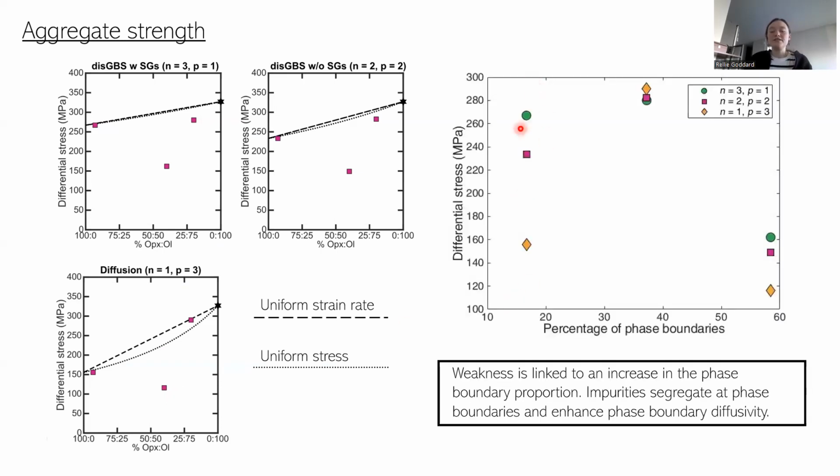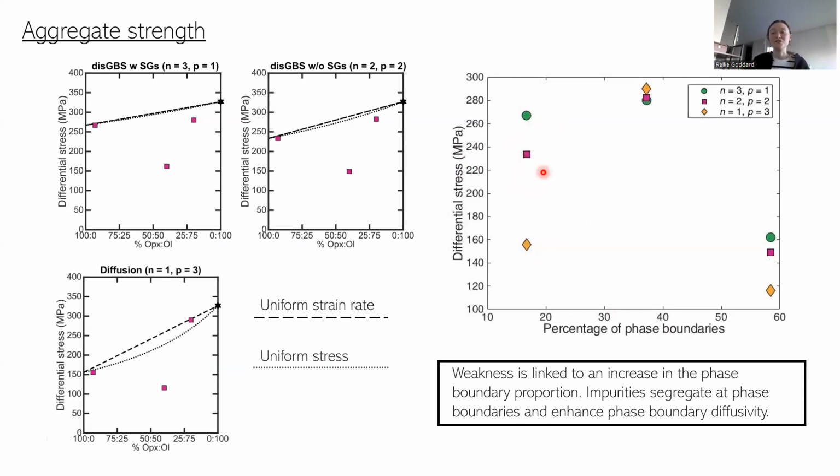And if you plot these data, there's this differential stress against the percentage of phase boundaries. So the one that doesn't have many phase boundaries is the 93% orthopyroxene. There's quite a disparity in those stresses here, but we're probably not in diffusion creep, which is the orange one. So if you just look at these